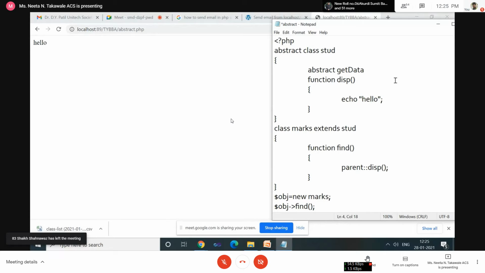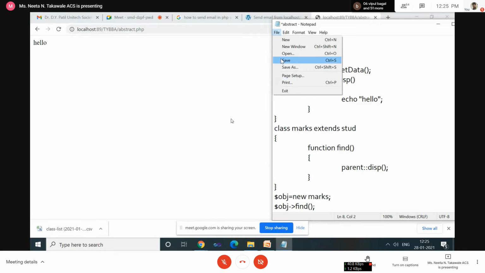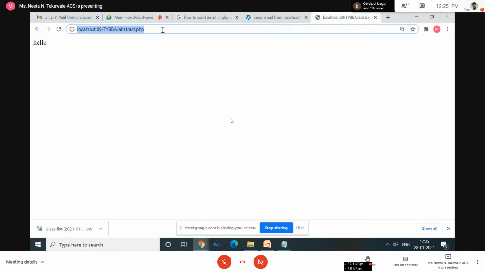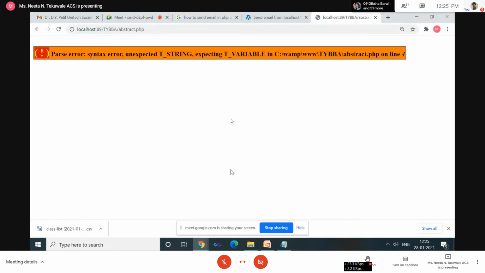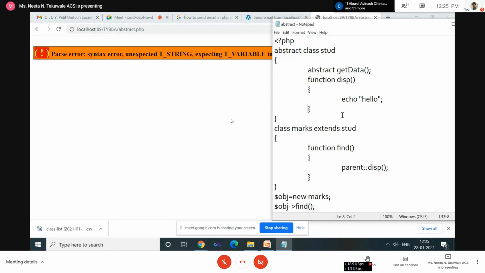Now this get data is the abstract method, so that's why there is no definition here, only a declaration. Now see, again an error, line number 4. Sorry, the function keyword is missing.